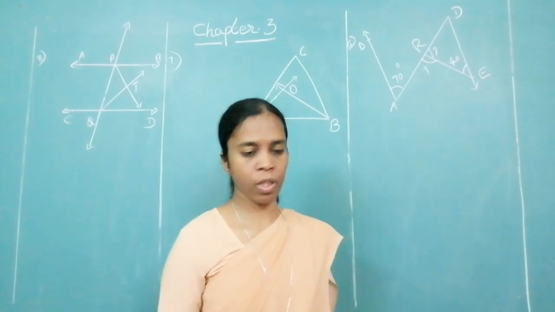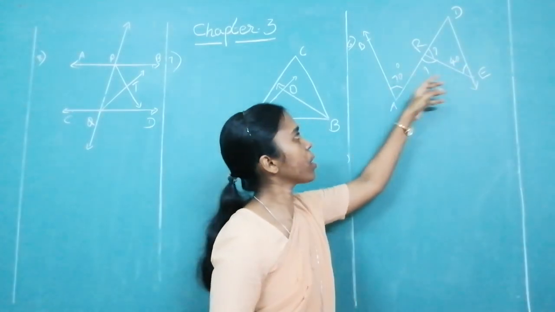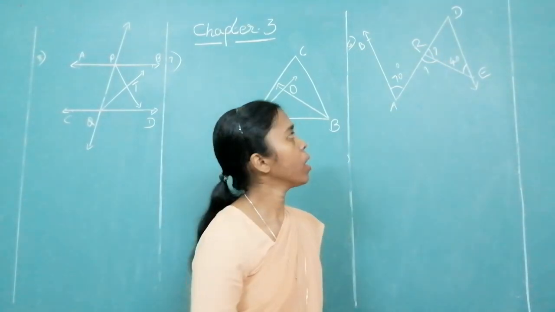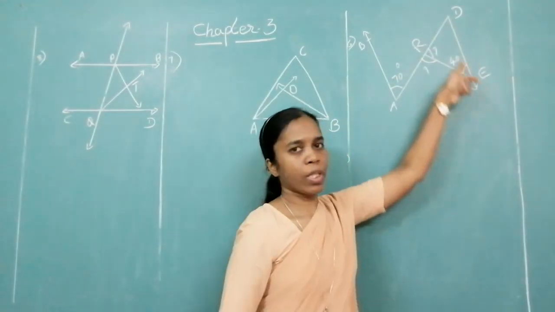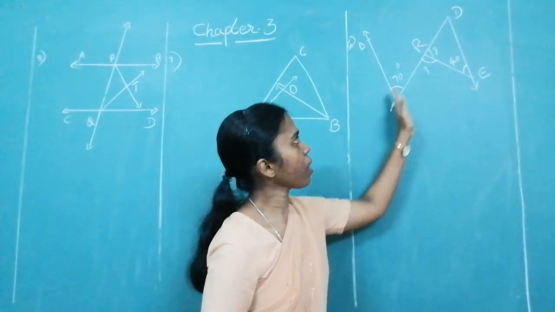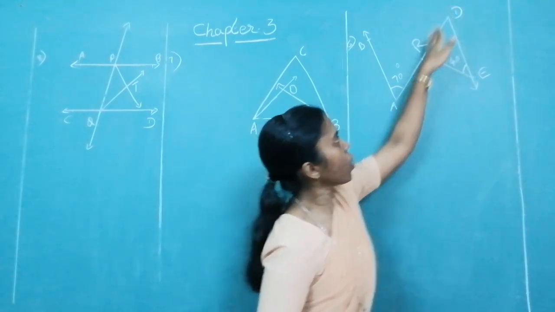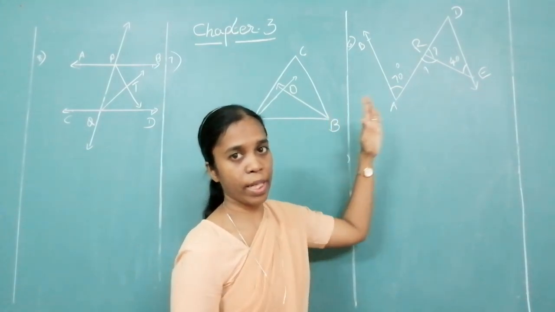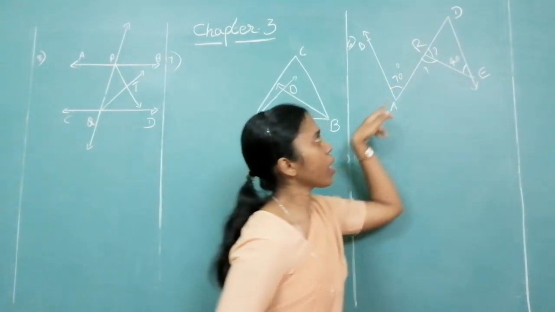What is given over there? Whatever is given I have marked over here. This is 70 degrees, this is 40 degrees. These two angles you have to find out. Now what is told to you? AB is parallel to DE. So what is your transversal? This is your transversal, that is AD is your transversal. I suppose the line is clear.